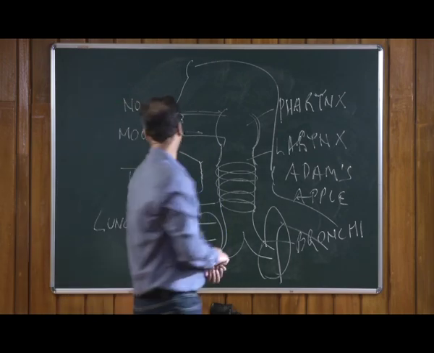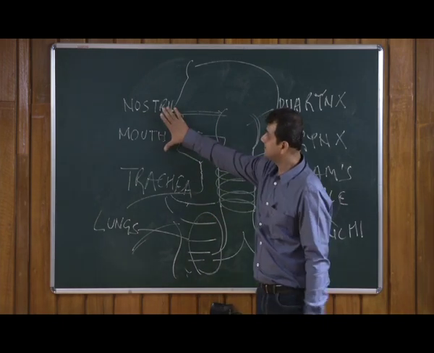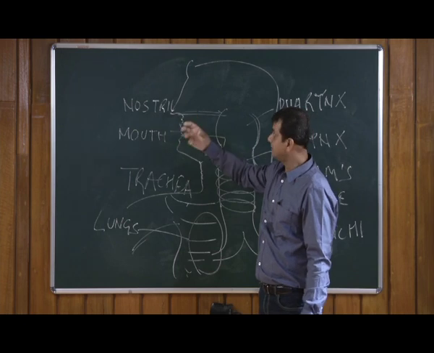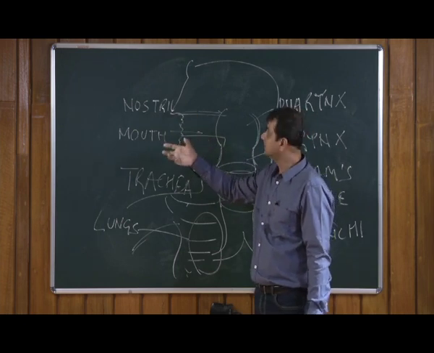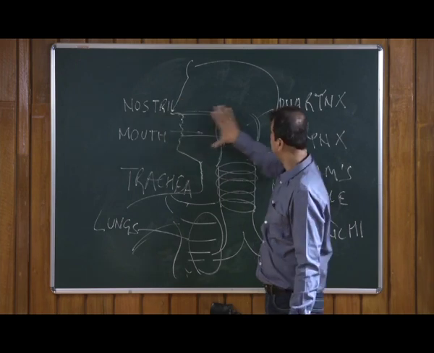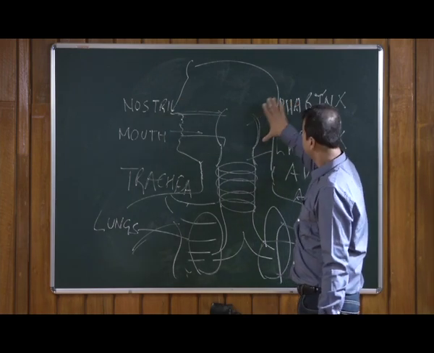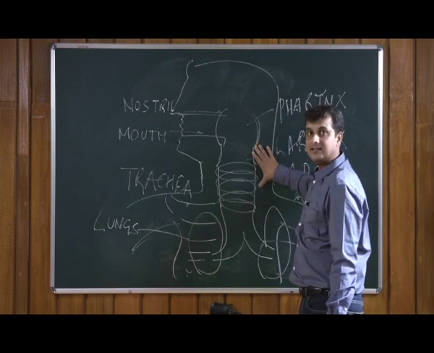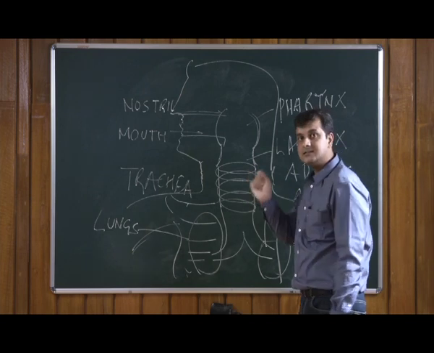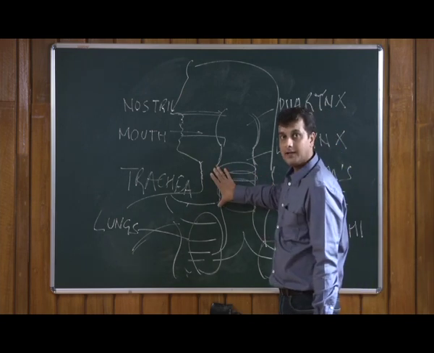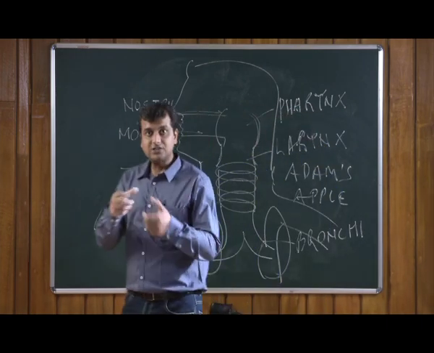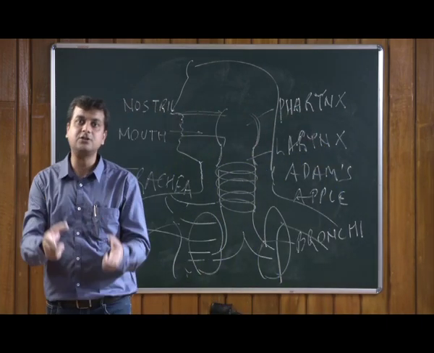So we'll try to understand here the oxygen entry point and the whole aperture, the openings which are responsible for getting this in through our nostril and mouth. These are coming into an area called pharynx. Pharynx is continuing into a very specialized structure called larynx, and this larynx is continuing into a cartilaginous ring-like structure called trachea.